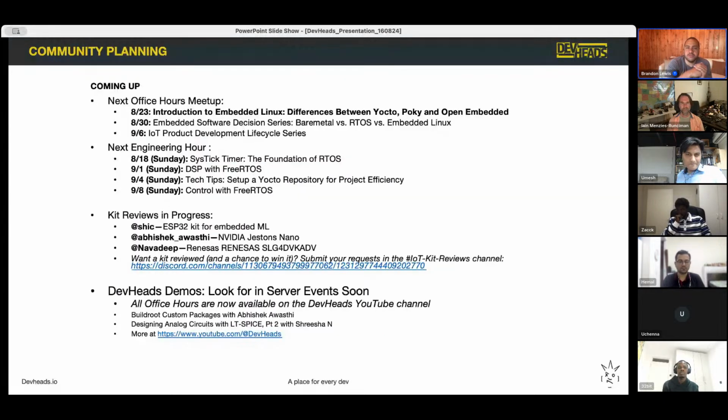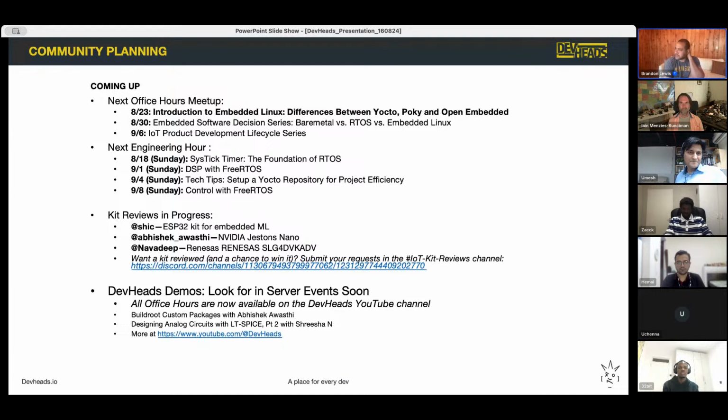Next up, next week we're going to do Introduction to Embedded Linux. Ming's going to be explaining the difference between Yocto, Poky, and OpenEmbedded. If you don't know the differences between those three and you're trying to do some sort of embedded Linux, you should probably join. Then after that, we're going to go into a bare metal versus RTOS versus embedded Linux roundtable.